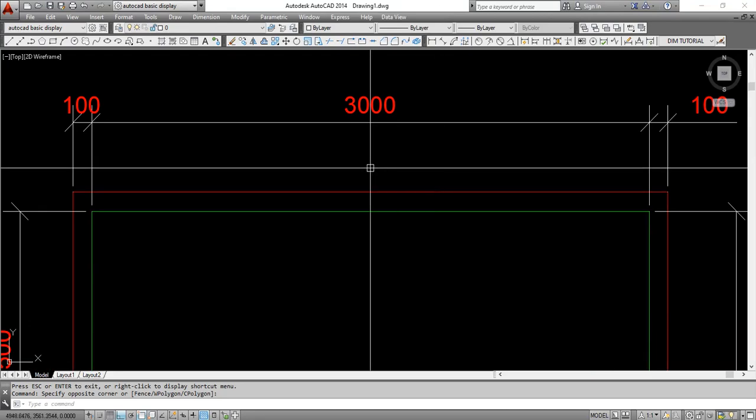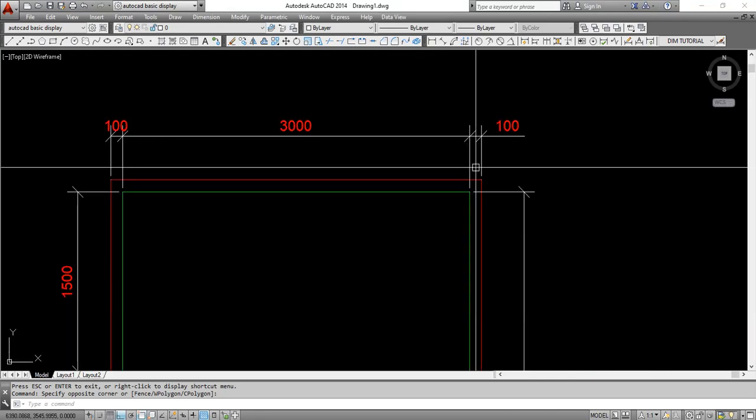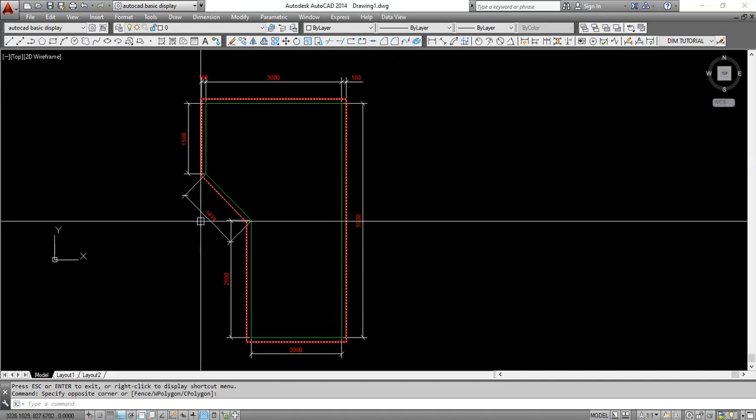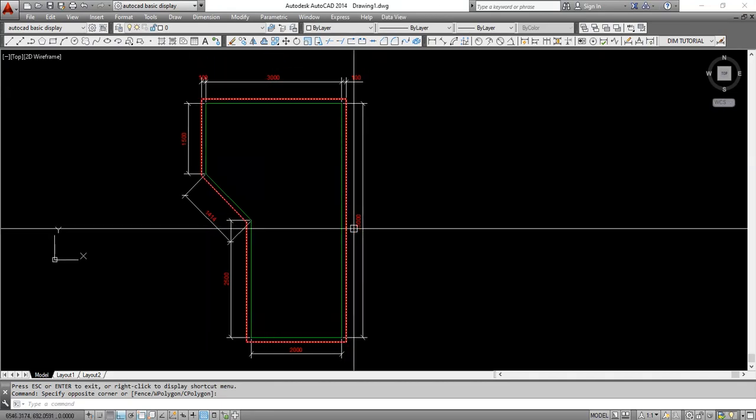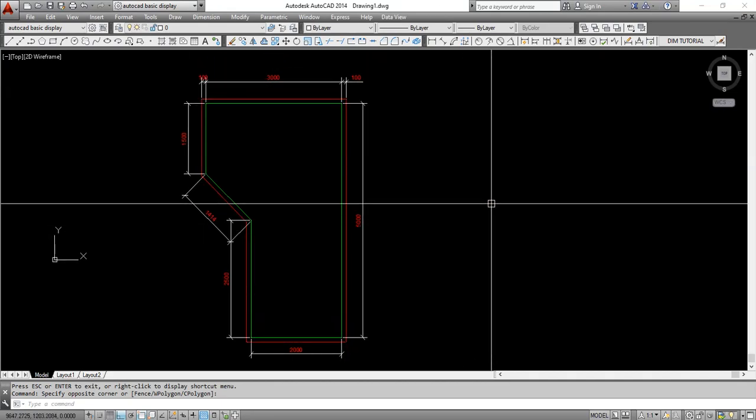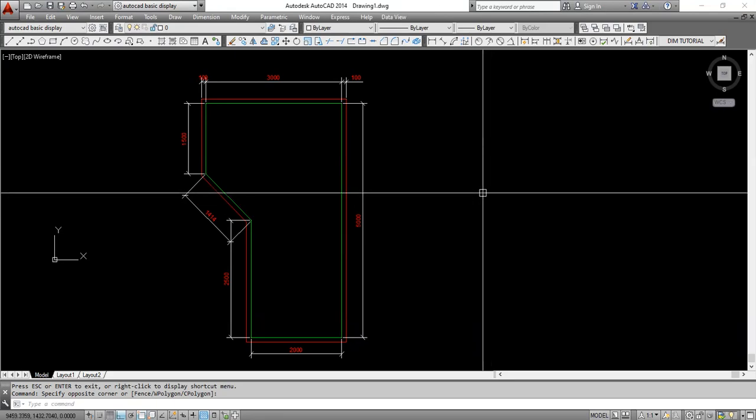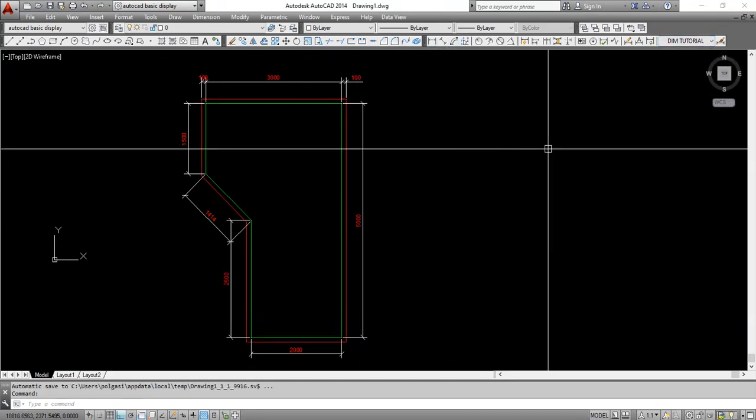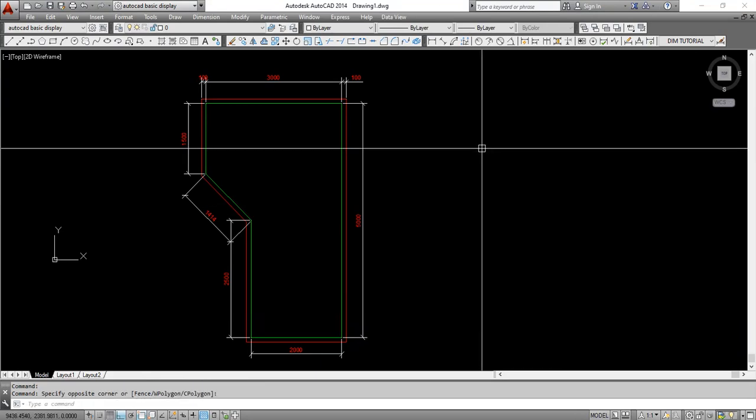So this is the dimension that I made before. In the previous video, it was already shown. Only now I will show you how to modify the dimension style, this one, and how to put the dimension here. Okay, first,